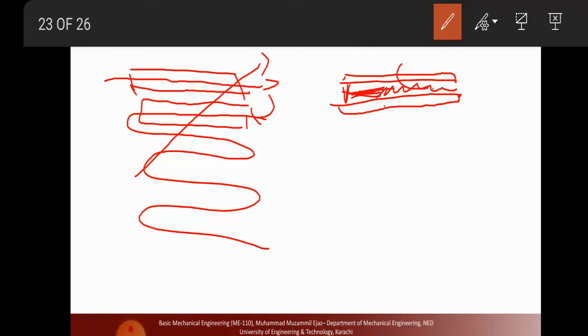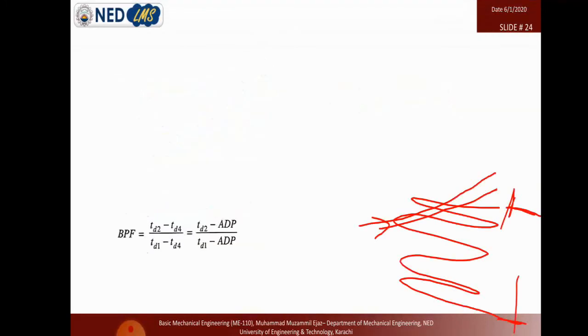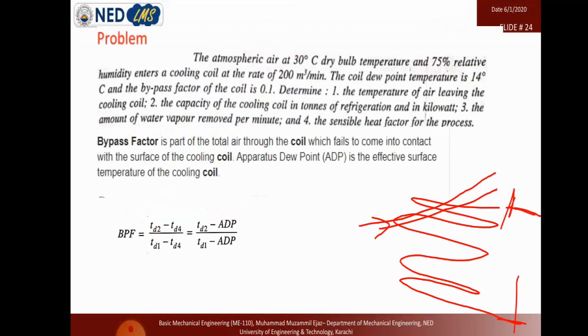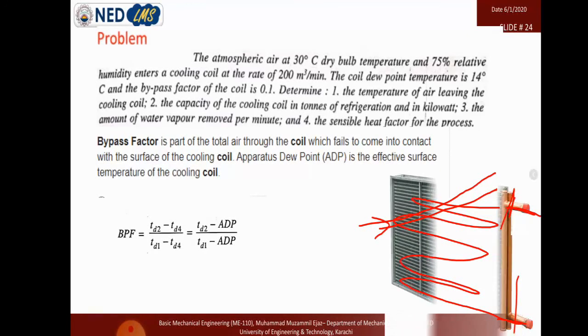So you can see that in this gap it is not possible for all the air to contact the chilled water pipe and get cooled down. So there will be some difference. That's why the parameter BPF, the bypass factor, is used. From this formula, the bypass factor is equal to TD2, the final temperature,